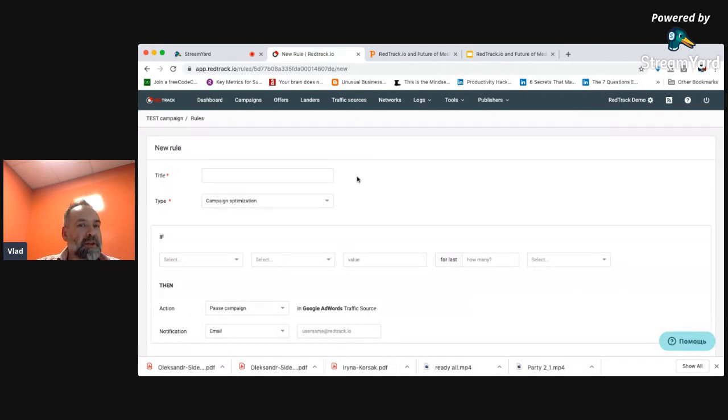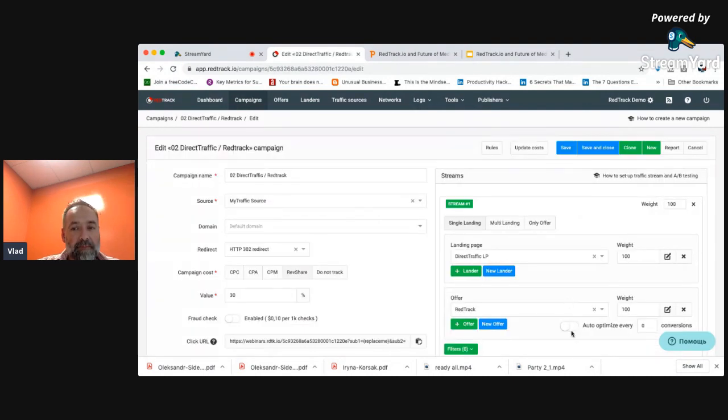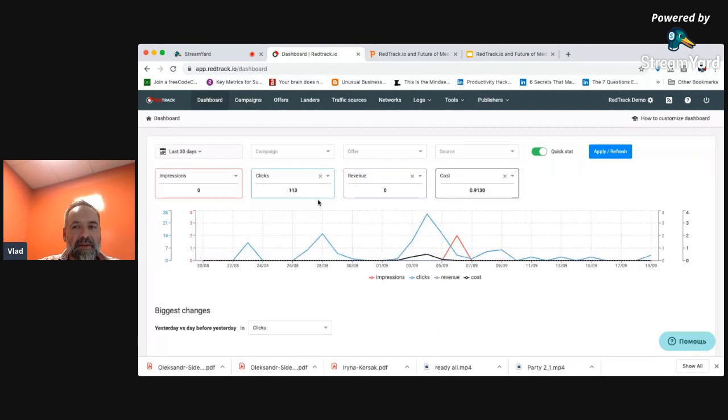Now, we also mentioned 2 other features that we have added recently, one being auto optimization for streams, and the other one being nice dashboards that will just keep on improving. So it's now colorful, nice 4 charts that you can change.